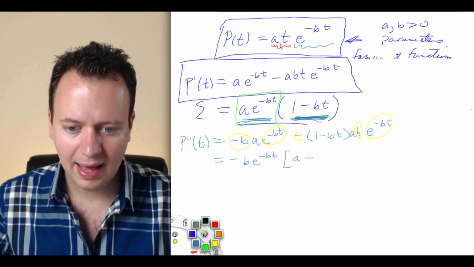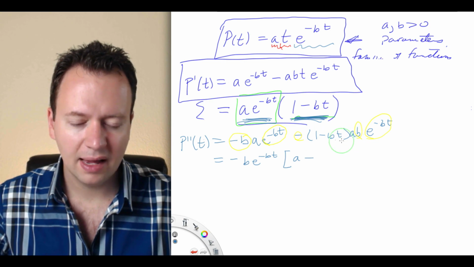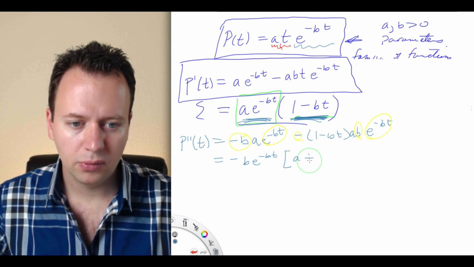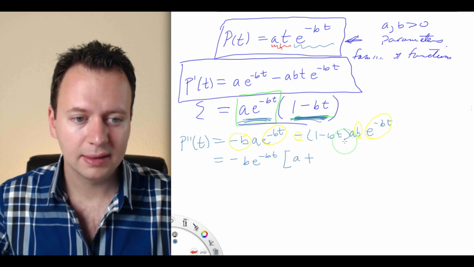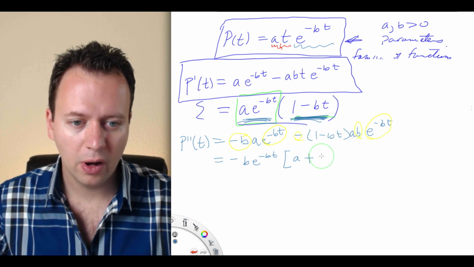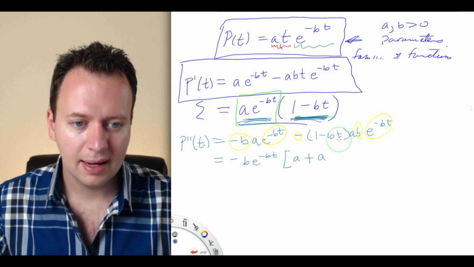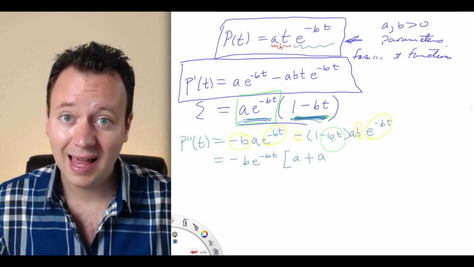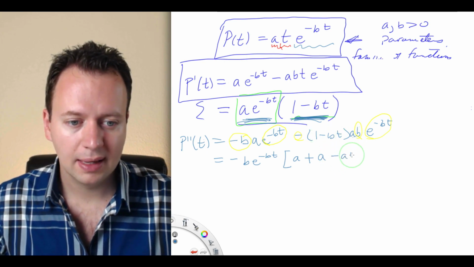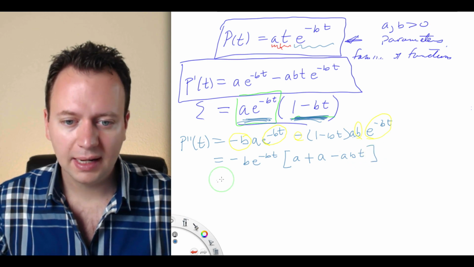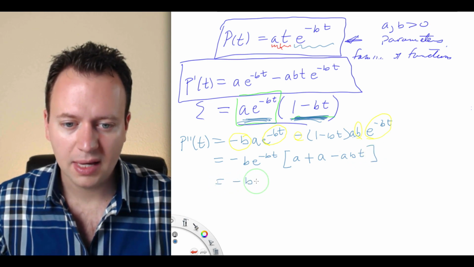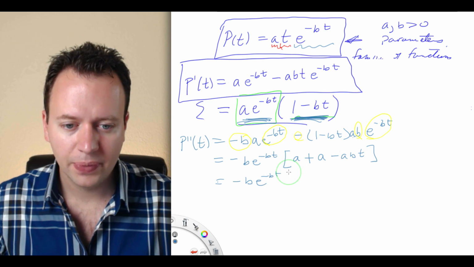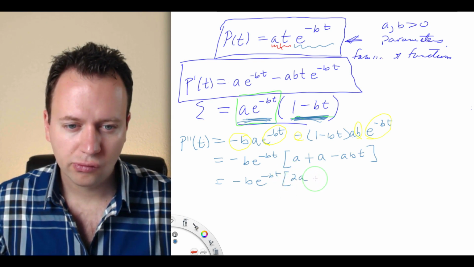So what is left is going to be a times this. So plus, because we factored out the minus. So a times 1 is a, and then a times negative bt is minus abt. So the second derivative is equivalent to minus b e to the minus bt times 2a